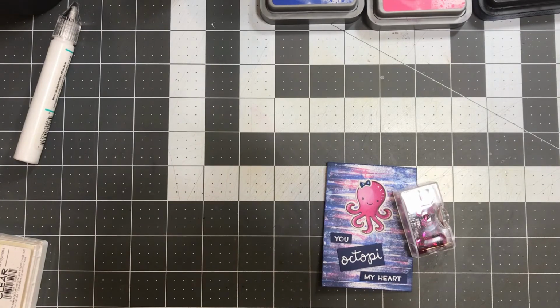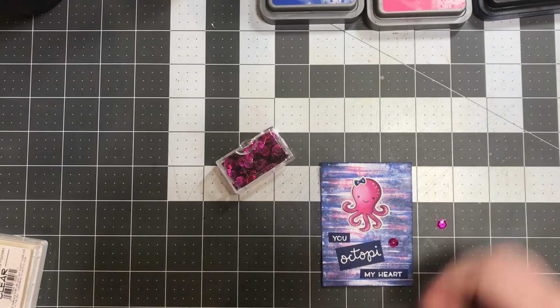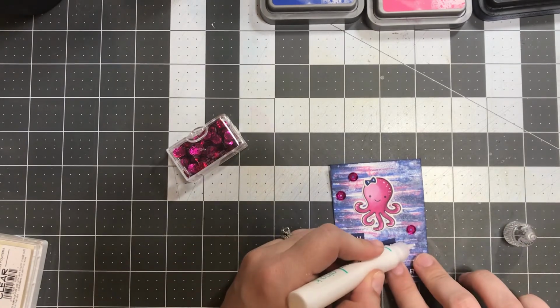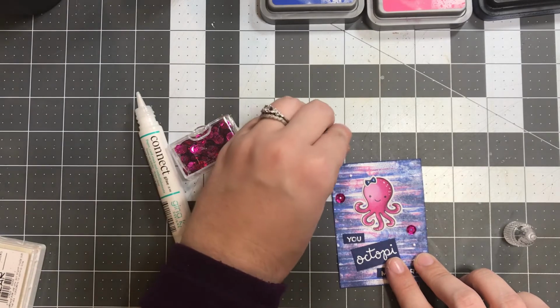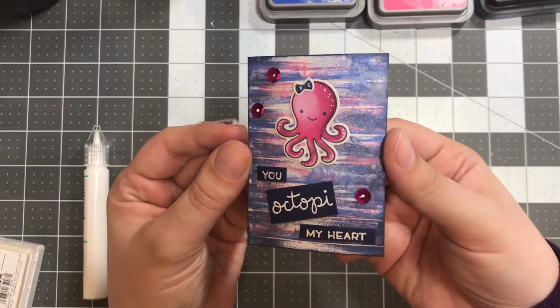Now I did want to keep my little panel fairly flat because I knew that it was going to be going inside of the pocket letter. Otherwise I may have done some thicker embellishments, but I thought that this nice subtle touch was just enough to add a little bit of sparkle and bling but not go too crazy with the dimension. So that finished off my part of the pocket letter,